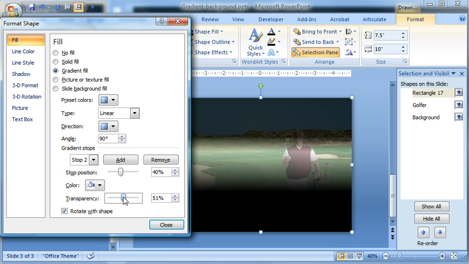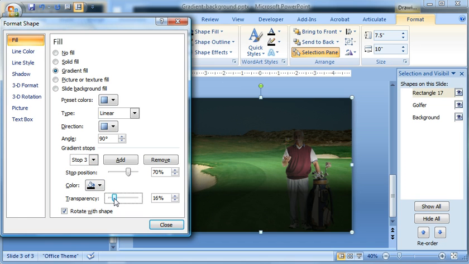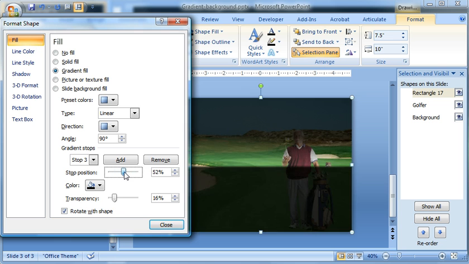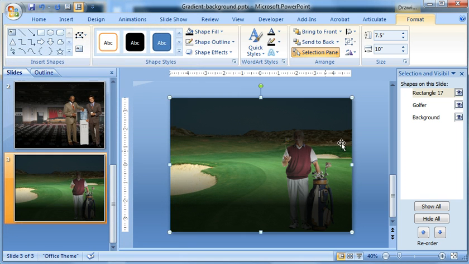Stop 2 I know is going to have a high transparency, right? Because that's how we can see through the image. But where the stop position goes, I really don't know. So I'm just going to put it at 50 for now. Stop 3. We'll have a little bit of transparency, not a lot, because that's the bottom and the top part. But I just want to modify where this goes. And you can see as I go all the way over, how I can move this back and forth. Okay. Going to close, and I'm going to bring this guy to the top layer